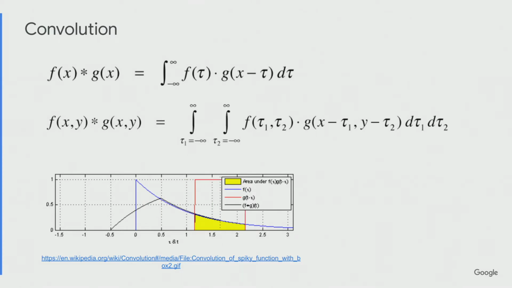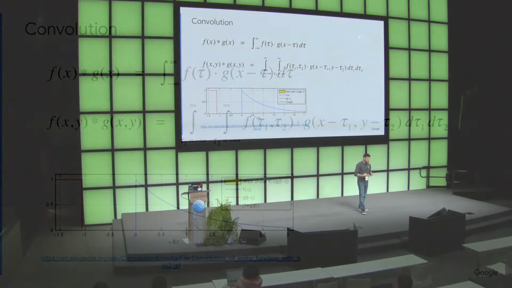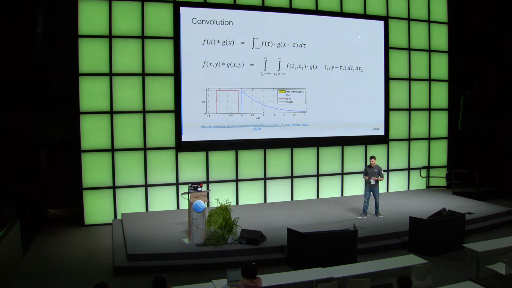We have this nice diagram from Wikimedia Commons illustrating this point. Our two functions here are this box function and this peak, this sawtooth. When we've slid g, which is referred to as a kernel, up against f at all points and taken the dot product, in this case an integral because it's not the discrete case, where that value is highest is where we consider those functions most similar. Again, I'm just trying to build this understanding of what it means and why we care about convolutions as a feature or a similarity metric.